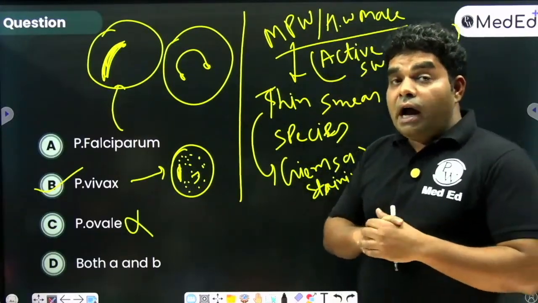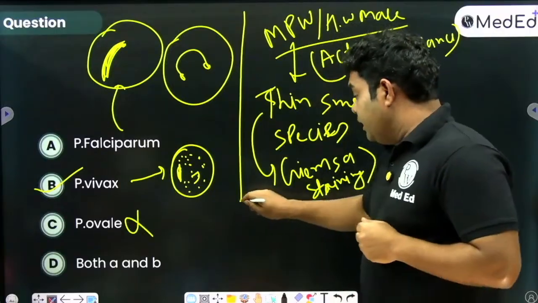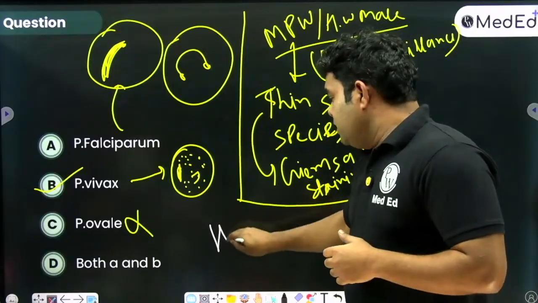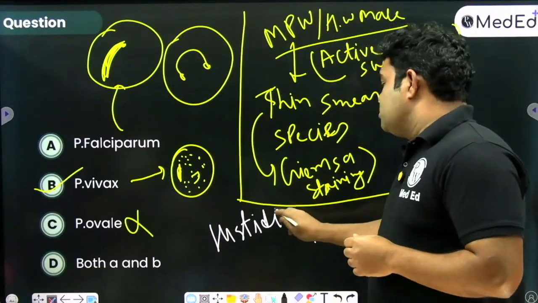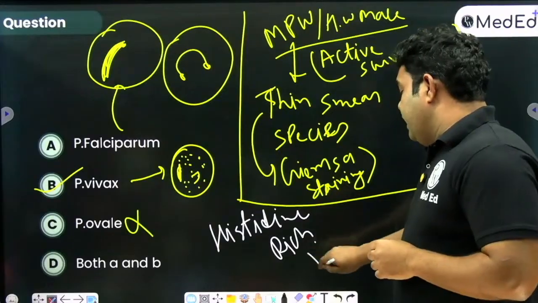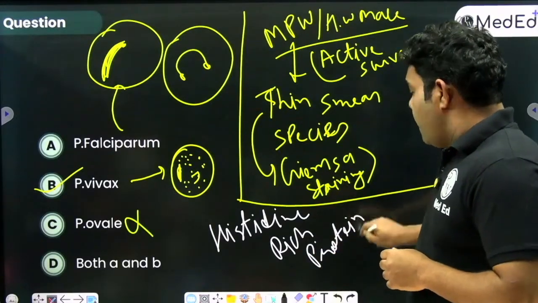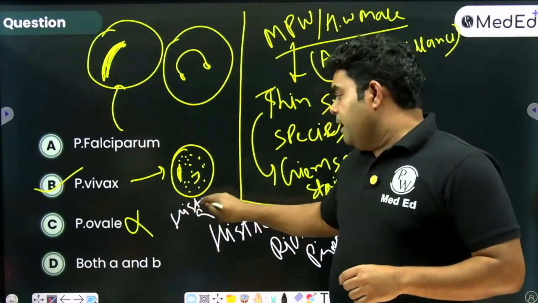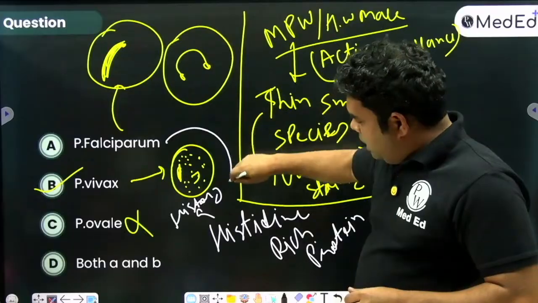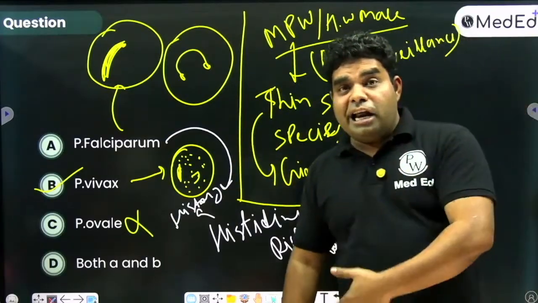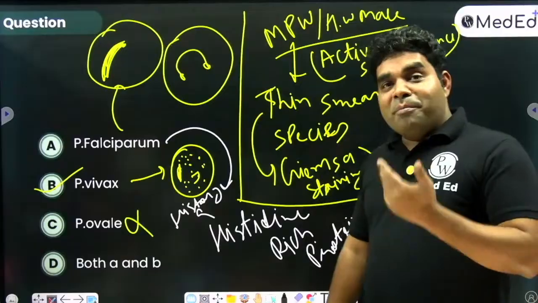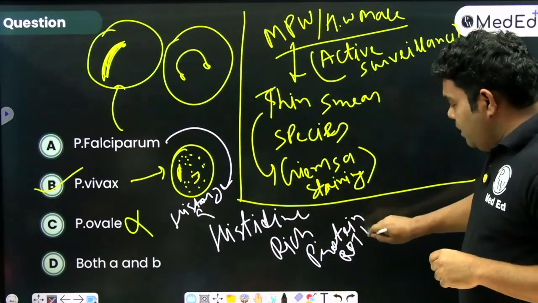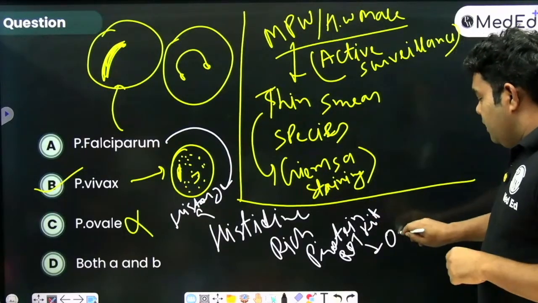एक और सवाल नीट में आया हुआ है कि अगर हम हिस्टिडिन रिच प्रोटीन है आरडीटी किट में, आरडीटी यानी रैपिड डायग्नोस्टिक टेस्ट किट, तो रैपिड डायग्नोस्टिक टेस्ट किट में हिस्टिडिन रिच प्रोटीन है, तो क्या ये हिस्टिडिन रिच प्रोटीन फैल्सीपेरम को इंडिकेट करेगा या वाइवेक्स को या दोनों को? तो एच से होता है हिस्टिडिन और एच से ही होता है हिस्ट्री। और आपको पता है कि जब भी फैल्सीपेरम इन्फेक्शन होगा तो पेशेंट को सेरिब्रल मलेरिया, रीनल मलेरिया हो सकता है, पेशेंट मर भी सकता है और मर के हिस्ट्री बन सकता है। तो हिस्टिडिन रिच किट, रिच प्रोटीन आरडीटी किट, ये वाइवेक्स का पता नहीं लगाएगा, केवल